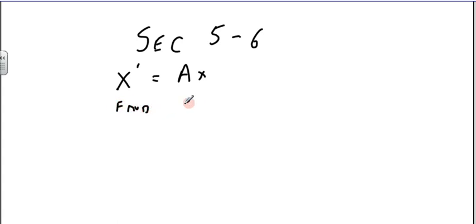We're in section 5-6, and this is going to be pretty strange. The issue is we have something in the form x prime is equal to Ax. We're going to find the eigenvalues, then we're going to find the eigenvectors,